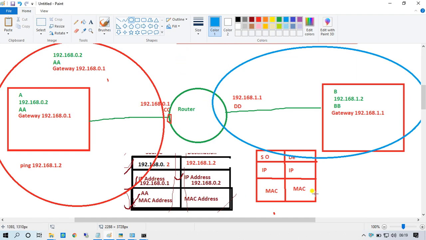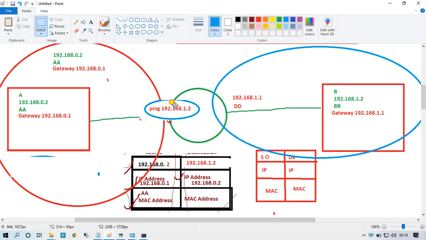It is getting information about the red side, and now it will check the routing information, for which network we want to go. We want to go to this network. So it will generate a packet and forward it to the gateway, and the gateway will make an ARP table.